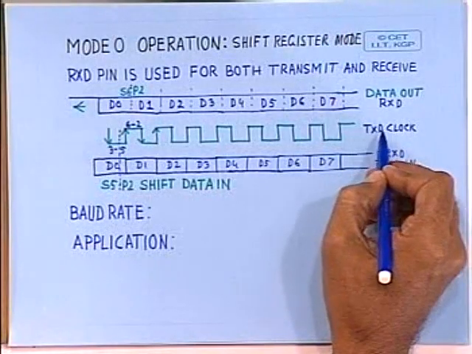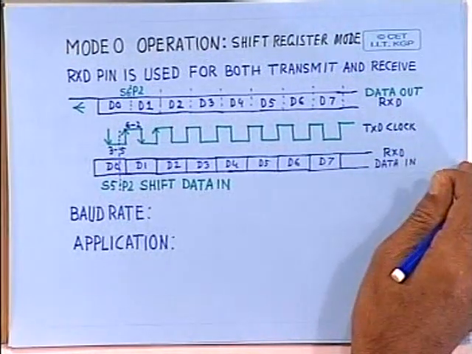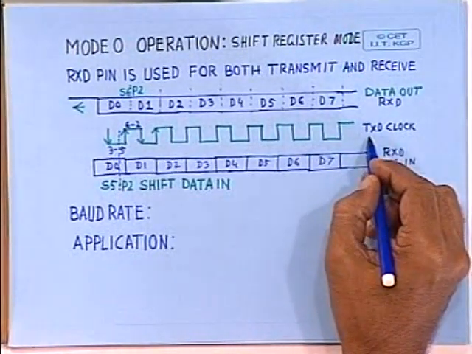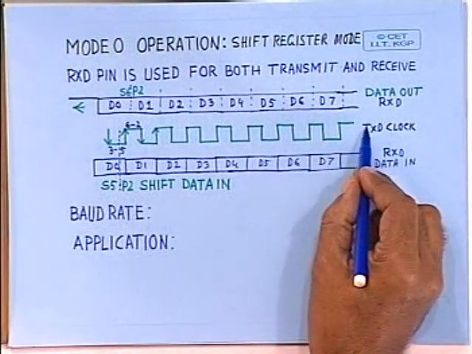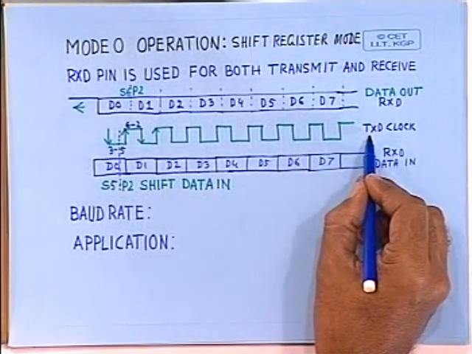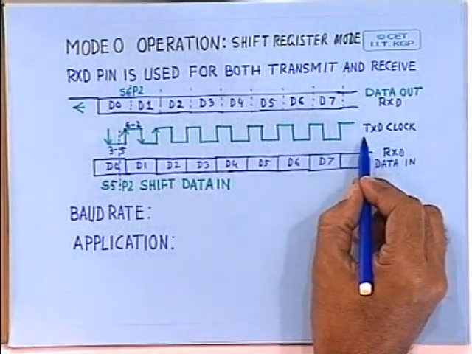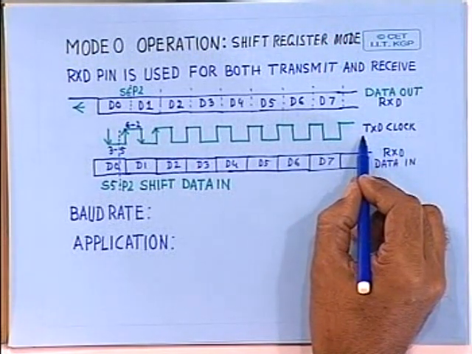Then we will be asking what the TXD line is doing. The TXD pin is used for generating the shift signal, which is also available outside for shifting data into some hardware, some discrete circuitry. So obviously this mode